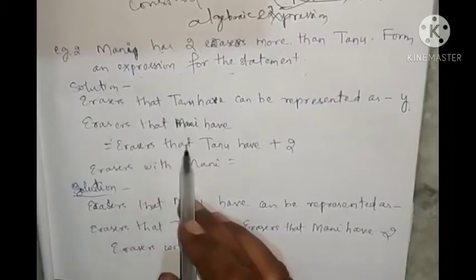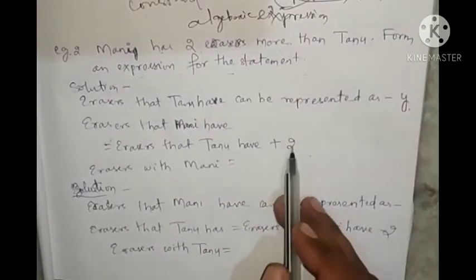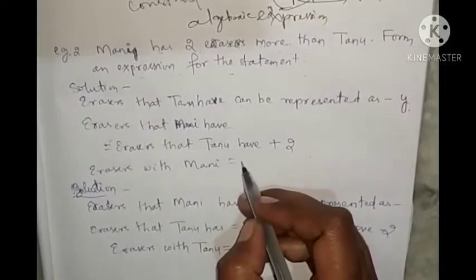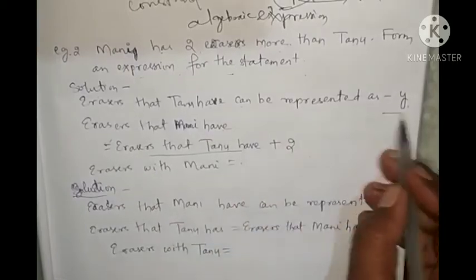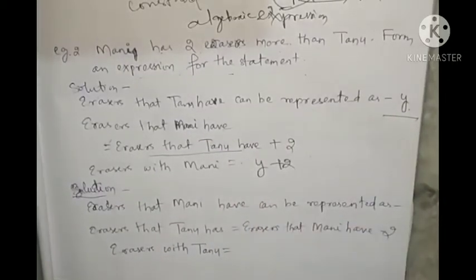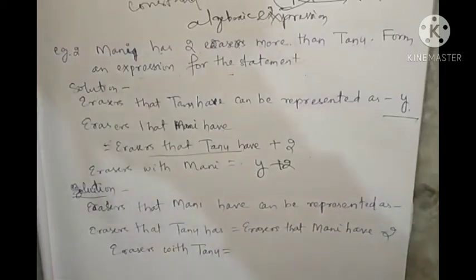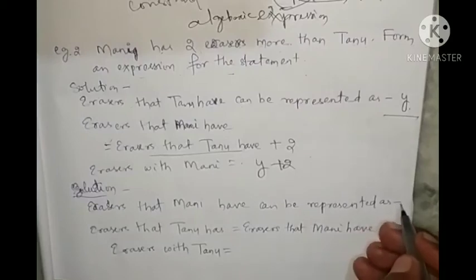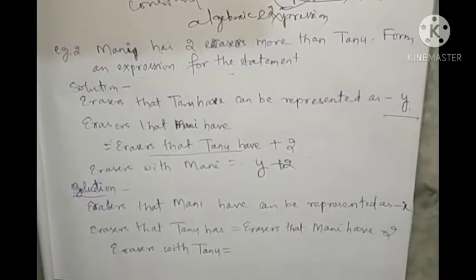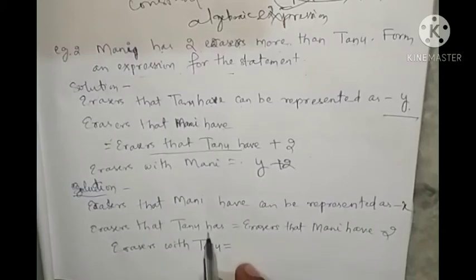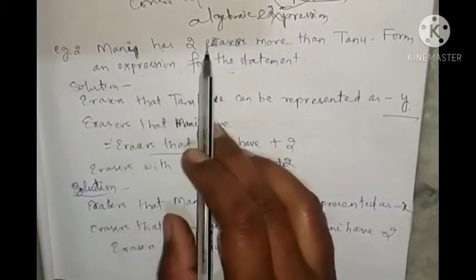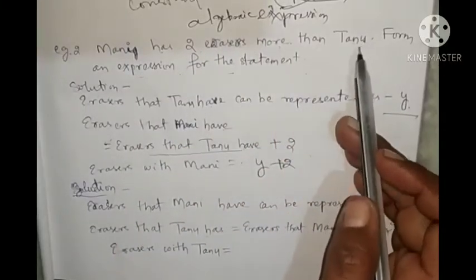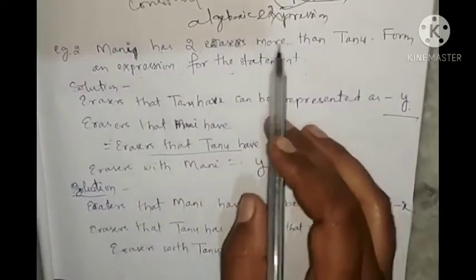So what will we write? Erasers that Tanu has plus 2. We are adding, so we write plus 2. So the erasers with Mani are how much? Erasers that Tanu has is y, so y plus 2. Like that you can write. And another thing we can write: erasers that Mani has can be represented as x. So how many erasers does Tanu have? If Mani has 2 more erasers, then Tanu has 2 less erasers than